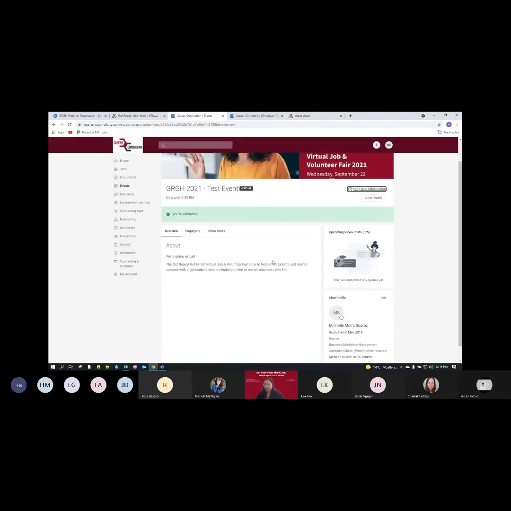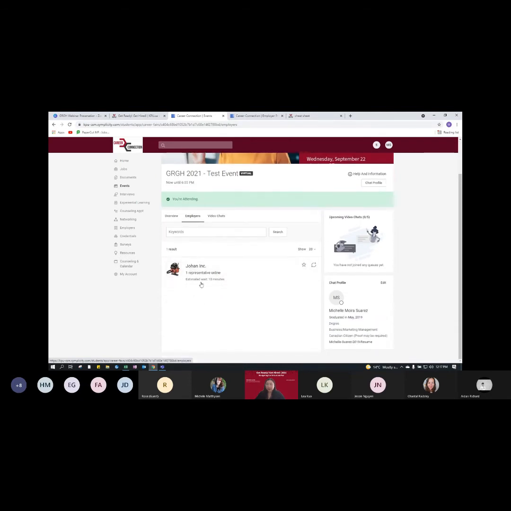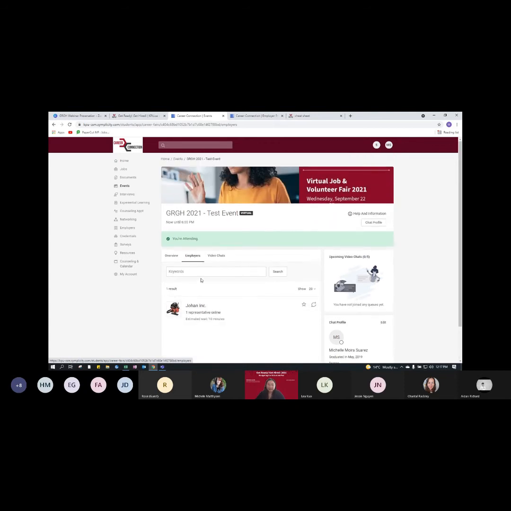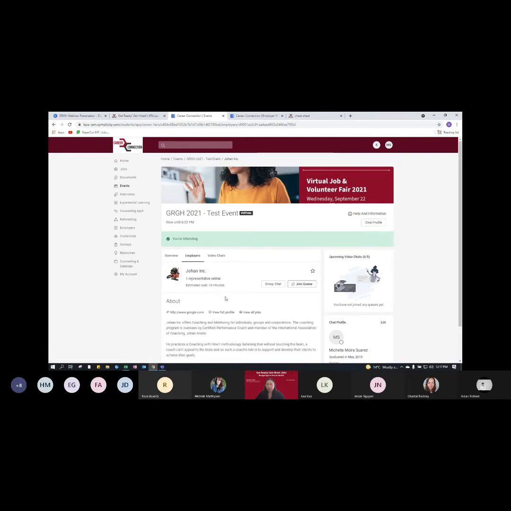Now, let's get started with actually how to chat with an employer. Technically, if you go to the employer tab, you will see the list of all the employers attending the event. Again, for the purpose of the test that we're running right now, we only have one available here. But if you click that, and let's say you're ready to go and join the queue, when you click that,